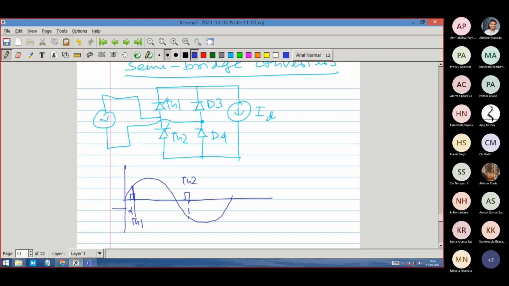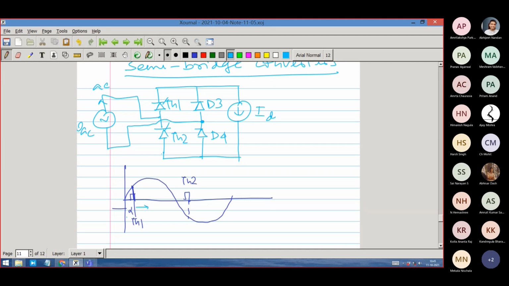TH2. These two things I have, but the diode is an uncontrolled device, right? So the diode will not be deciding when to conduct by itself. No external force can decide it. So let us first draw and see what we know. What is comfortable here? Let us not start from 0. Let us start from beyond alpha, from here.